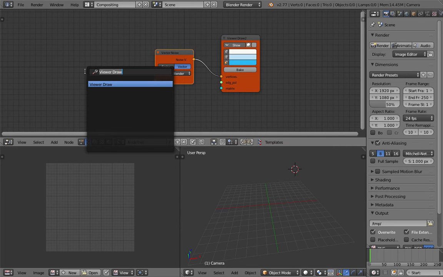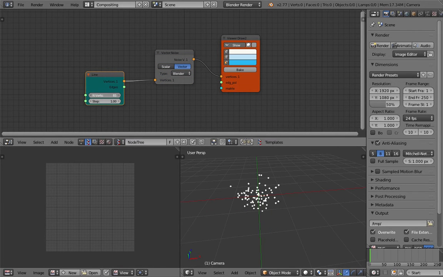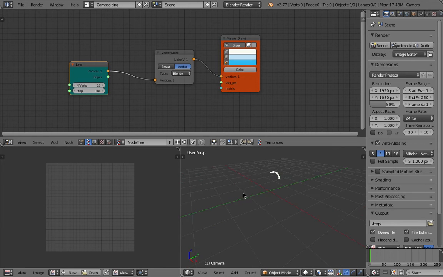We need an input, maybe lines, let's say line, plug in there. By default, it's almost like random, but if we reduce the step, like maybe generate 10 points and then reduce the step to maybe 0.04,